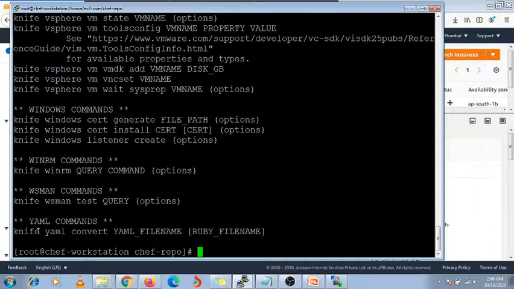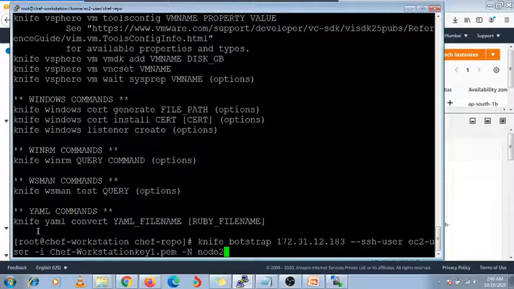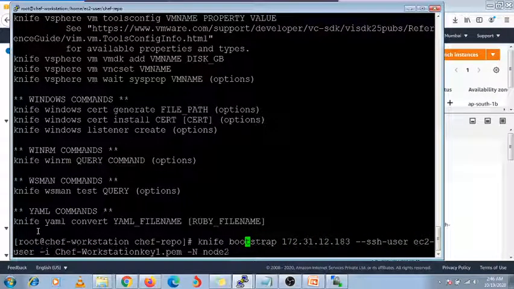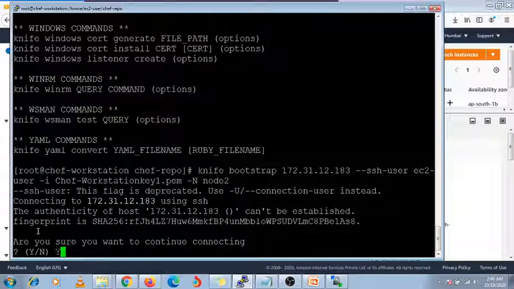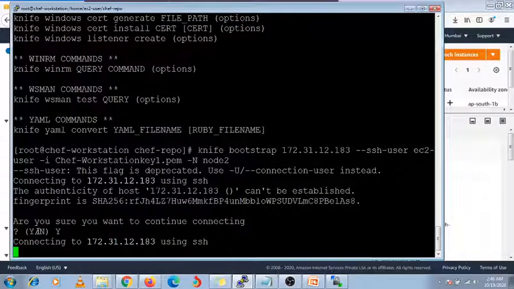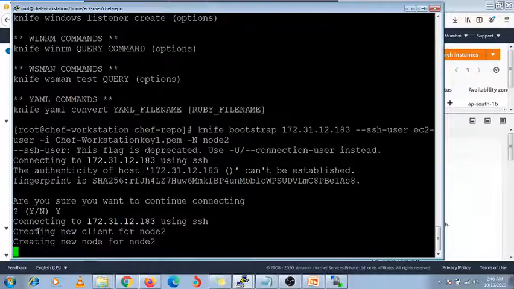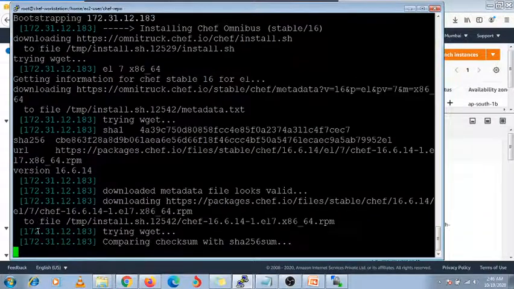What is wrong with this command? Bootstrap, it has a double O. Okay, this is the command you need to use. Actually I forgot to use the double O. Now it's adding this new node.